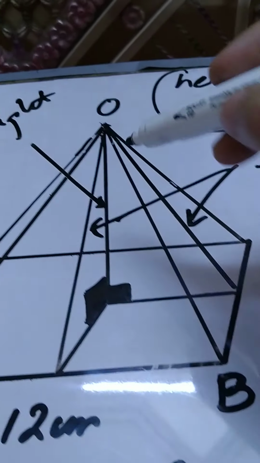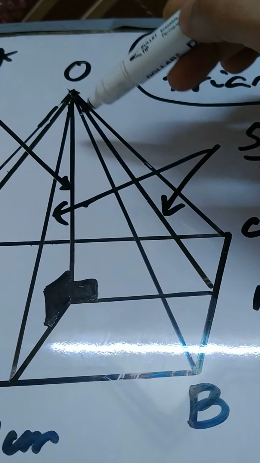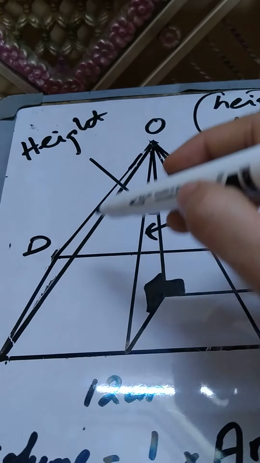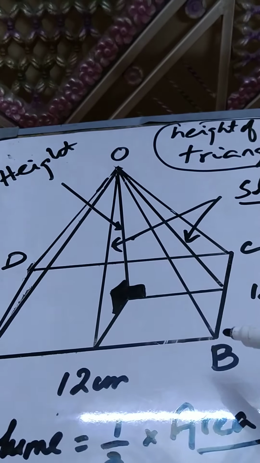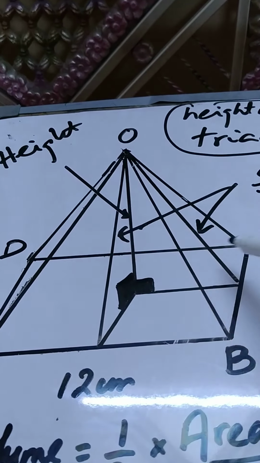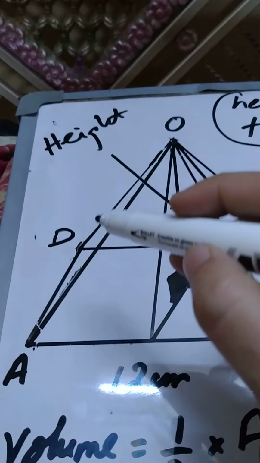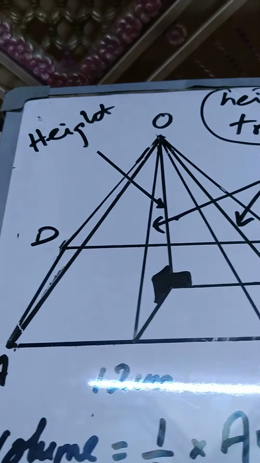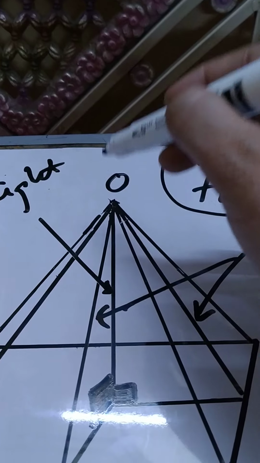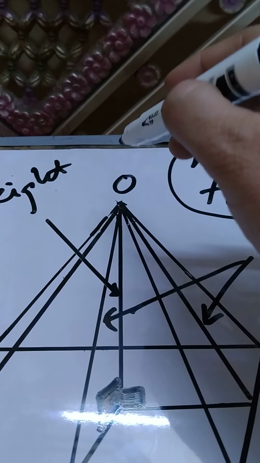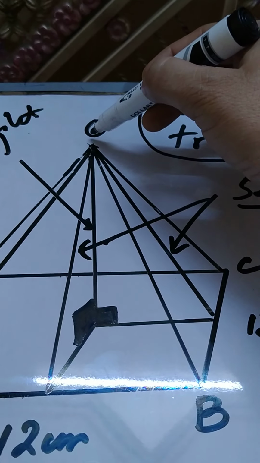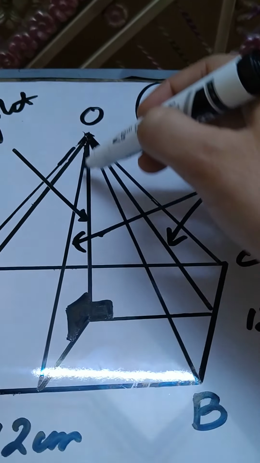Because all the triangular faces, this front slanted triangle, this back slanted triangle, O, D and C, and this DOC, all four slanted triangles meet at this common vertex. So we call it a special vertex, a common vertex, and we name it the apex. So the shortest vertical distance from this apex to the polygonal base is called the height